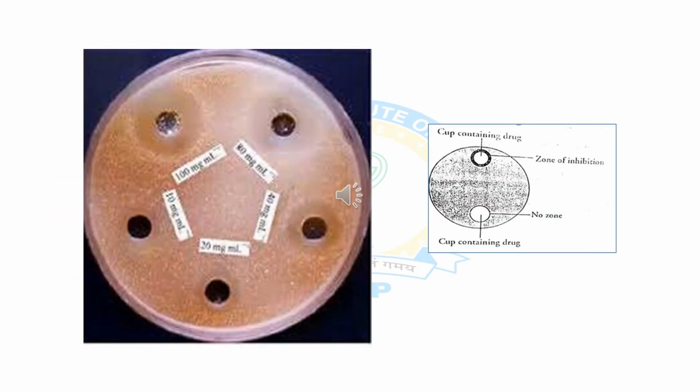So this is the image of the cup plate method. If you can see, this brown is the agar plate, and we made some pores and also put the antibiotics. If you look, there is some zone of inhibition. Here is one plate with big clearing in the agar plate, which means maximum zone of inhibition. Maximum zone of inhibition means the antibiotic has more activity against the microorganism.